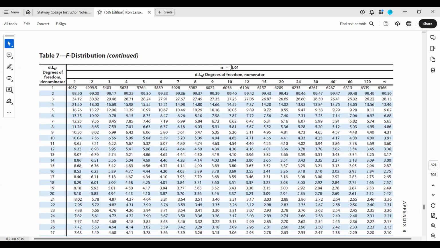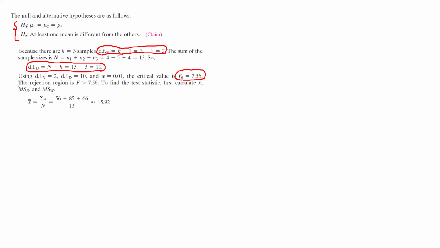So the F distribution has different tables based on the numerator, based on the denominator, and using different levels of significance. So let's go back to our example. The rejection region is for any value that is more than